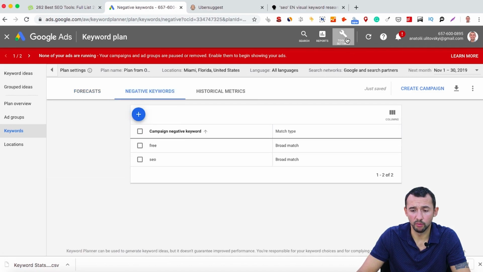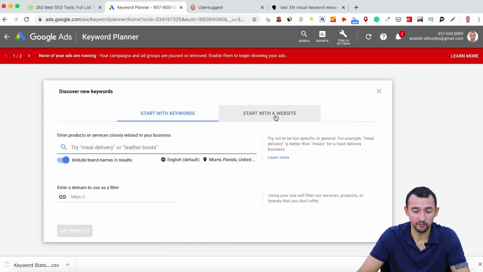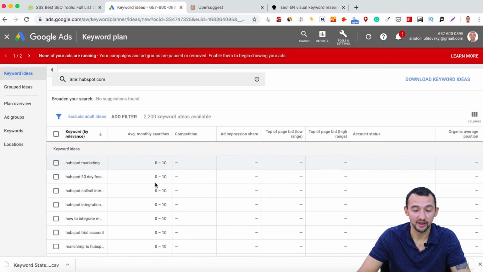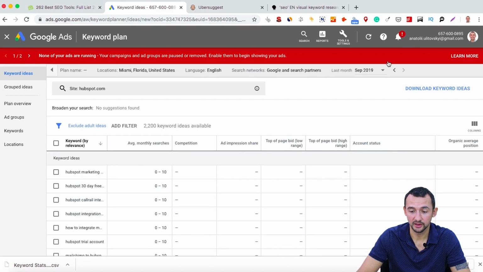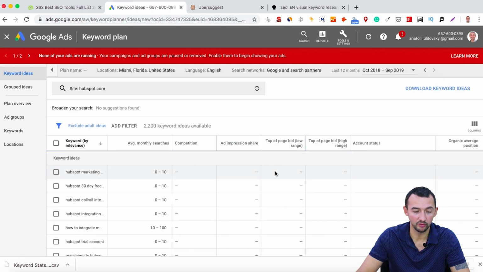Okay, go back to Google Keyword Planner, and we can use this window one more time. For example, if you want to check your competitor, just type their website here. For example, HubSpot.com. We can use a famous resource that spends a lot of time to create high quality and valuable content. And after this, we can have results from all this website. The volume is not good. For example, we can use data from the last 12 months.